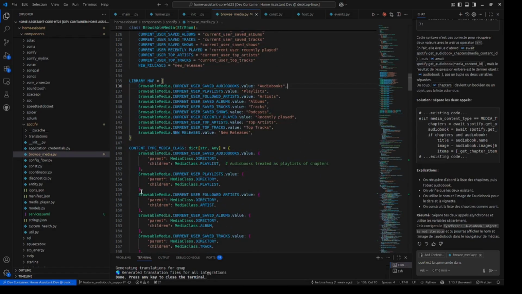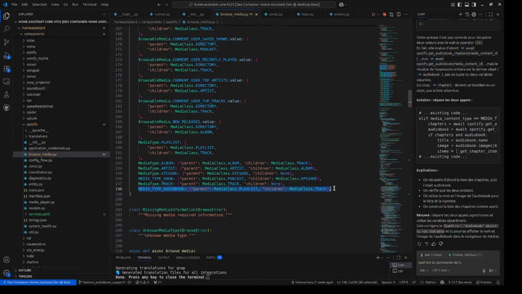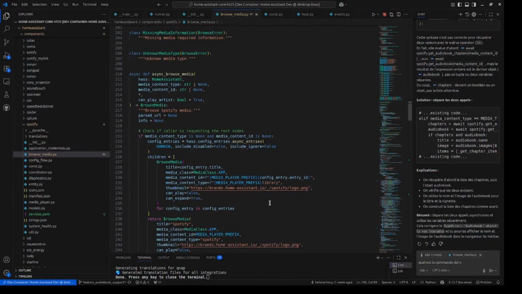So I decided that the audiobook category was a directory of playlists. Audiobooks are playlists. A playlist filled with tracks, and the tracks are the chapters. I decided to take playlist and tracks because this does already exist, and I couldn't create a new media type named audiobook, because if I had done that, I would have to get an icon to show them in the card, and it's front end, and I can't do it. So I already use type, and then to create my card,